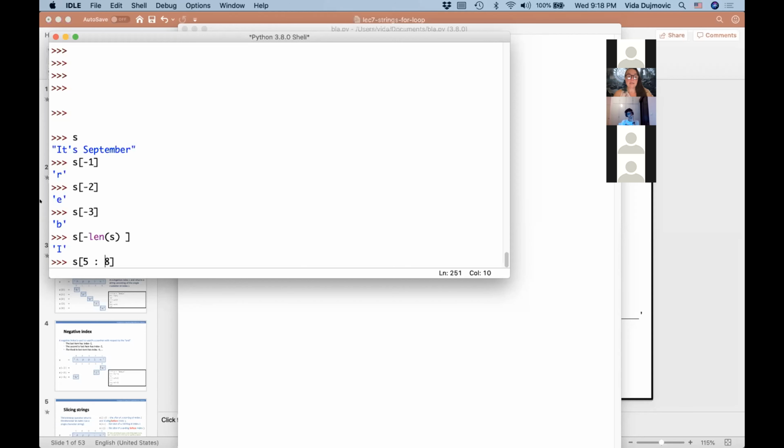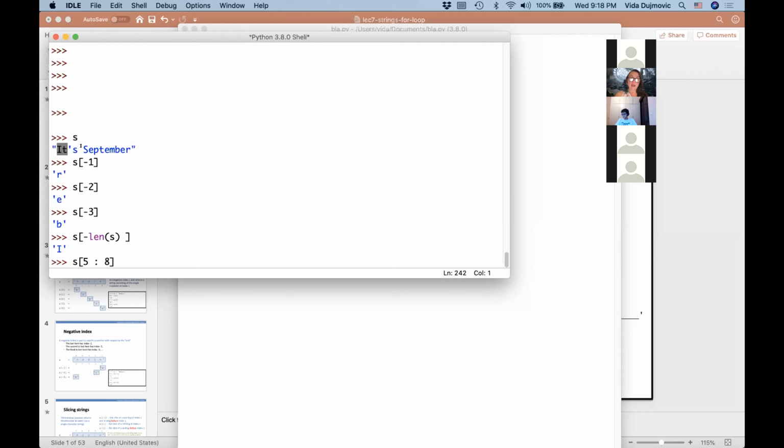So what does that mean? This means return a new string by going to S at index 5 and returning everything up to index 8. So let's try here. 5 is 0, 1, 2, 3, 4.